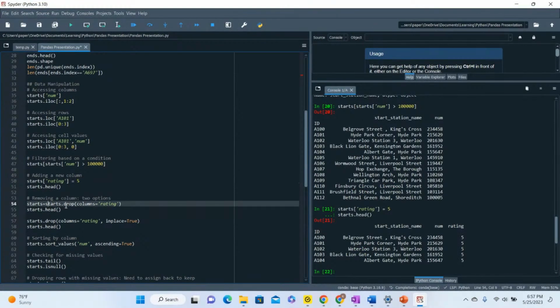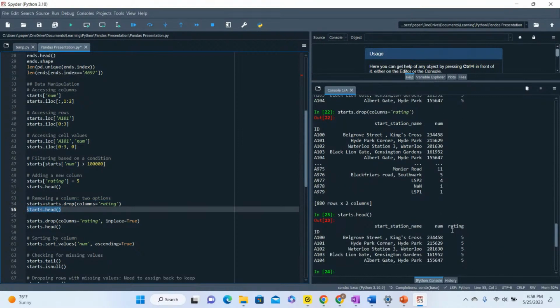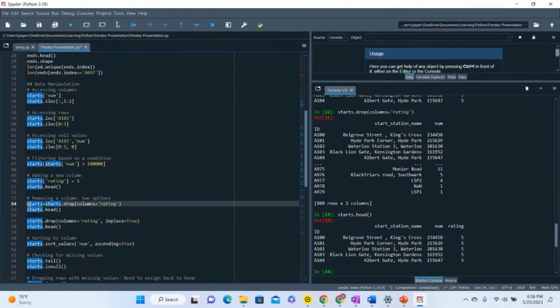The data frame dot drop is the function. I'm going to start it from here. If I don't save it into the same data frame, if I just go like this, it's showing you what you want over on the right. So it dropped that column. But if you look at the data frame itself, you'll see it's still there. So to get around that, you can either save it back to itself,